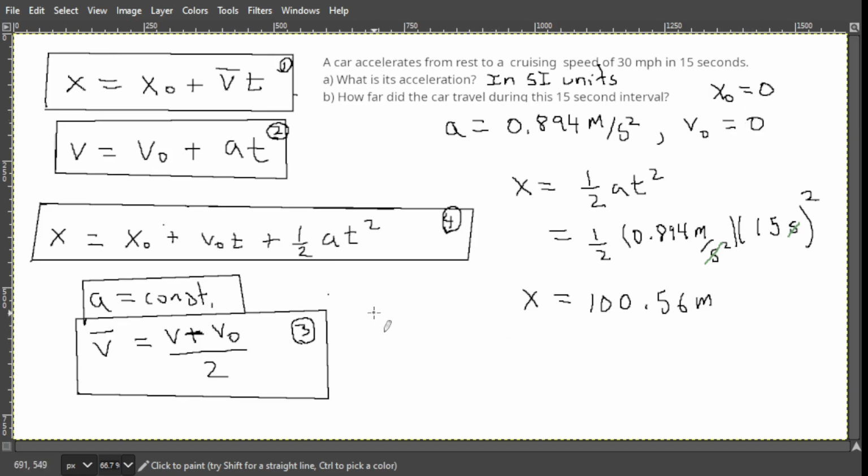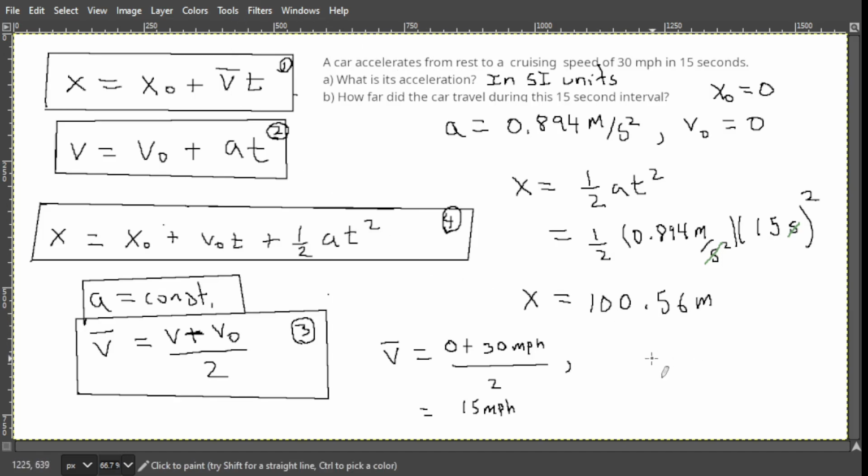So the average, in this particular case, is going to be equal to the initial velocity, which is 0, plus the final velocity, 30 miles per hour, divided by 2. So that's equal to 15 miles per hour. And here we're going to go 15 miles per hour for 15 seconds. I guess we could convert 15 miles per hour to meters per second. Maybe that's the thing to do. So I'm going to go,